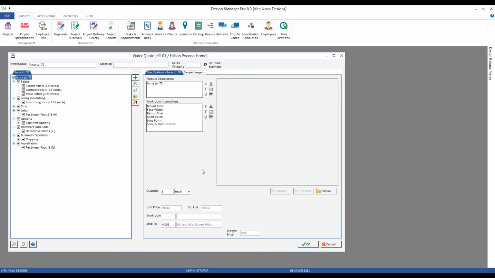So the ballpark estimate allows you to work with the client without them having any idea of what the costs from the vendors may be, but ultimately what their round figure prices would be for a particular treatment. A very convenient feature, particularly when you're sitting down with the client and really working with them hand in hand. And with that,